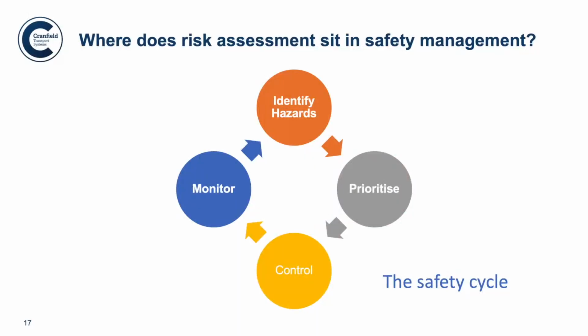So prioritizing how we deal with these hazards is another way of saying risk assessment. Which of these things is most likely to cause us some form of loss? If we think about this simple safety cycle,